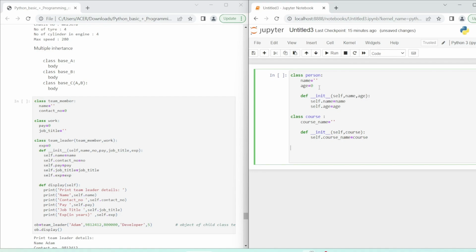And then I will make a child class, student, which can access the attributes of the person class and the course class. So person